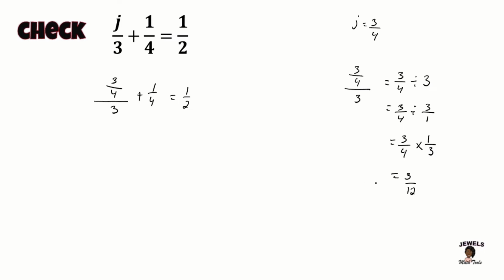And here's the crazy part. Before I put this back into my equation, what I'm going to do is simplify this fraction. Now, I can simplify this fraction and work it out from here, which I can show you. We're going to simplify by dividing both parts of our fraction by 3. So 3 divided by 3 is 1, and 12 divided by 3 is 4,